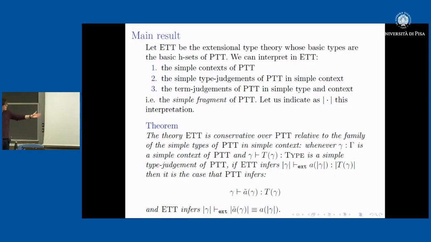So let us briefly comment on this result. What does it mean? It means that although PTT is actually weaker than ETT, because there are things that ETT proves and PTT doesn't, there is an interesting family of type judgments, namely the simple ones, where the two theories have the same power. Okay, and one can argue that what I'm saying is a bit informal, but one can argue that simple types is what really matters in a dependent type theory. Why? Because